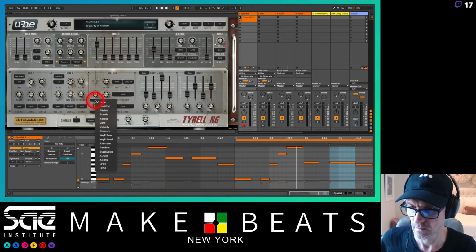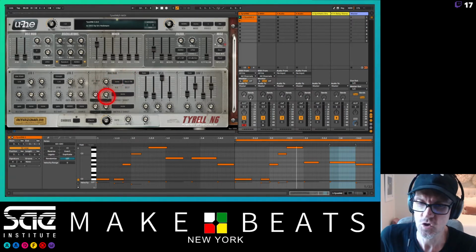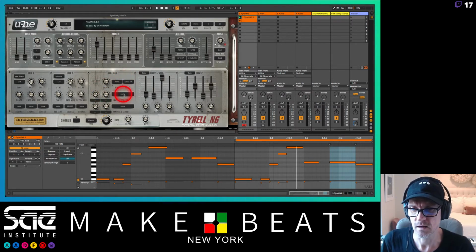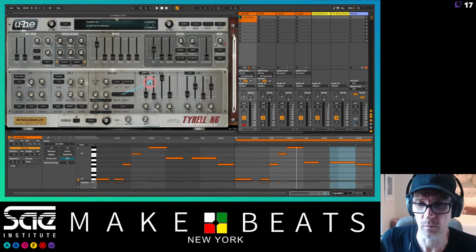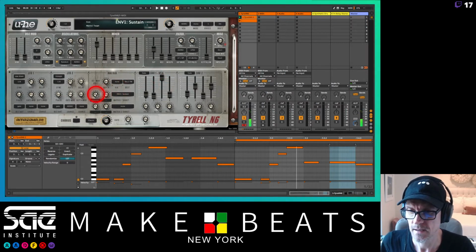Let's see here. Here's a matrix, and this allows you to control different stuff. So maybe you do the velocity in here. If I go over here to matrix target 1, let's hit the velocity, click on that. Now, whoops, hold on a second, let's see. Click on this, set it for over here maybe? Oh, maybe I can do that. Oh, interesting, that's really cool. I haven't really messed with this too much. Okay, so I've got to set this to control my sustain, and then I could use this